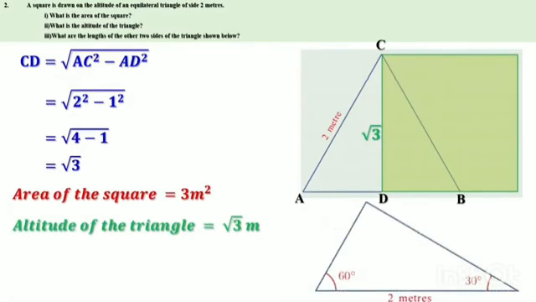Now we have to find the other two sides of this triangle. Actually this is triangle ADC itself. It is rotated and placed like this. Or we can see AC is 2 meters. This is also 2 meters. It's an equilateral triangle. Therefore angle A equals 60 degrees. This is also 60 degrees. Angle ACD is 30 degrees. This angle is also equal to 30 degrees.